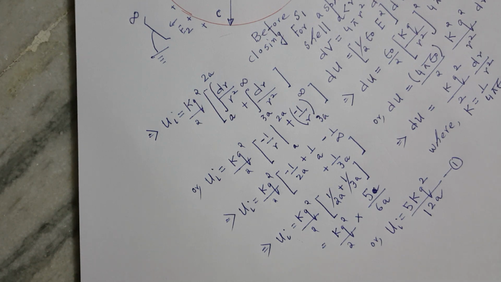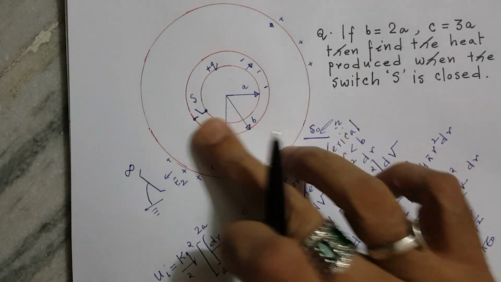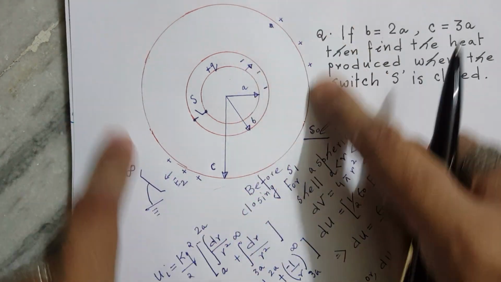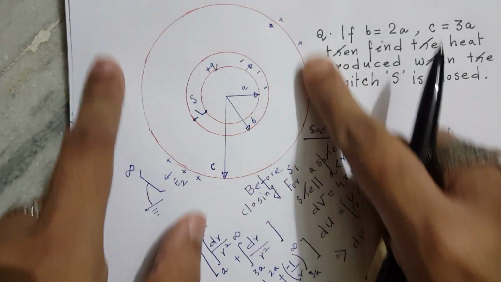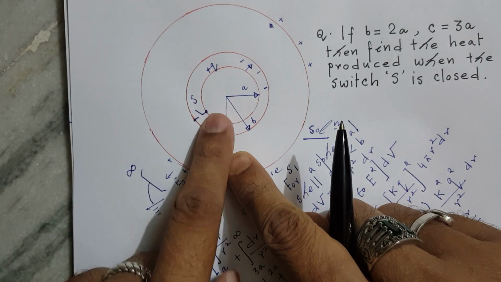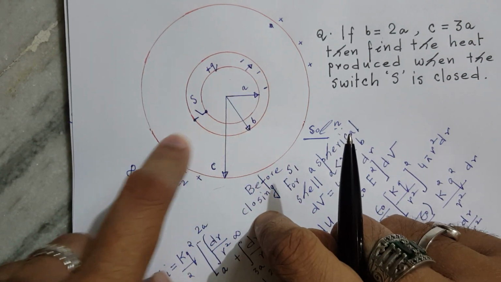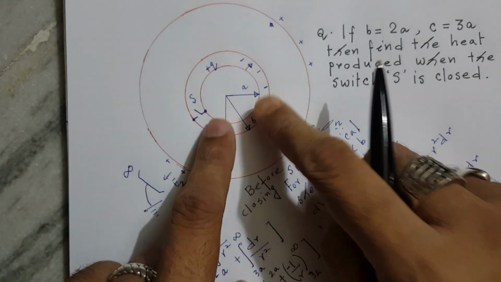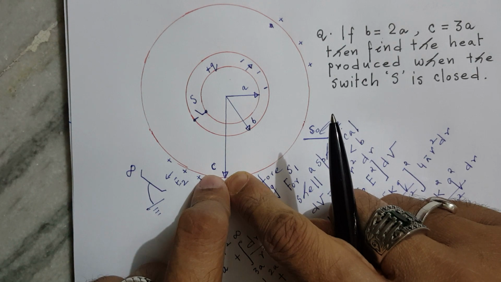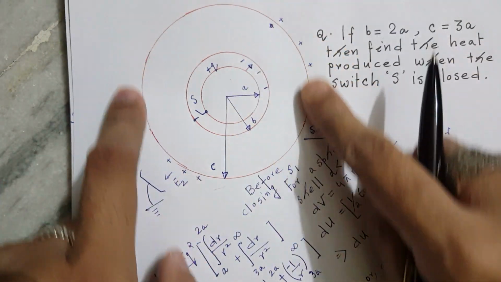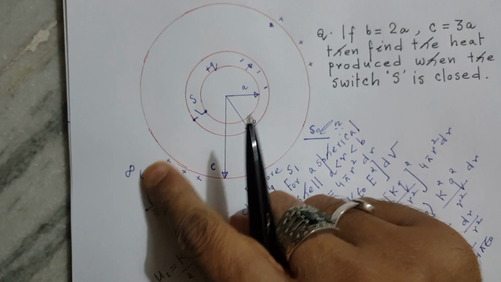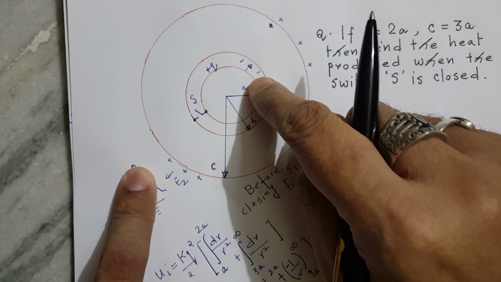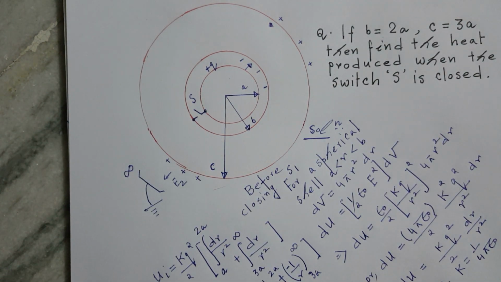Now when the switch is closed, let's see what happens. What will happen if you close the switch? The entire charge here will actually flow to the outer surface. Why? Because this is a conducting layer. So when you connect the switch, all the charge through the switch goes to the inner surface, and through this conducting layer it goes and appears on the outer surface. So inside a charged conductor, electric field vanishes. So all the charge resides on the outer surface. Therefore electrostatic energy only exists in this region, because only this electric field will be present, and the electric field here vanishes when you close the switch.